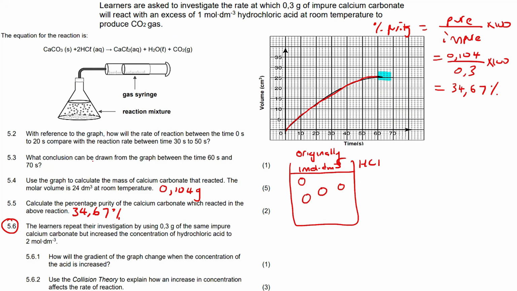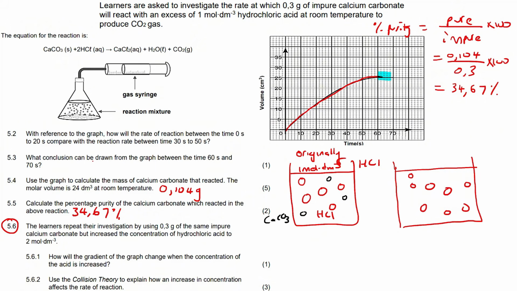So let's say we had 5 HCl molecules, and then let's say we've got 3 calcium carbonates. That was the original experiment. Now, these learners who don't want to go home on a Friday afternoon decide, let's increase the concentration of HCl. So suddenly, there's a whole lot more HCl floating around: 1, 2, 3, 4, 5, 6, 7, 8, 9, 10. But they haven't changed the amount of calcium carbonate. So this is the new, so now we have 2 mole per decimeter